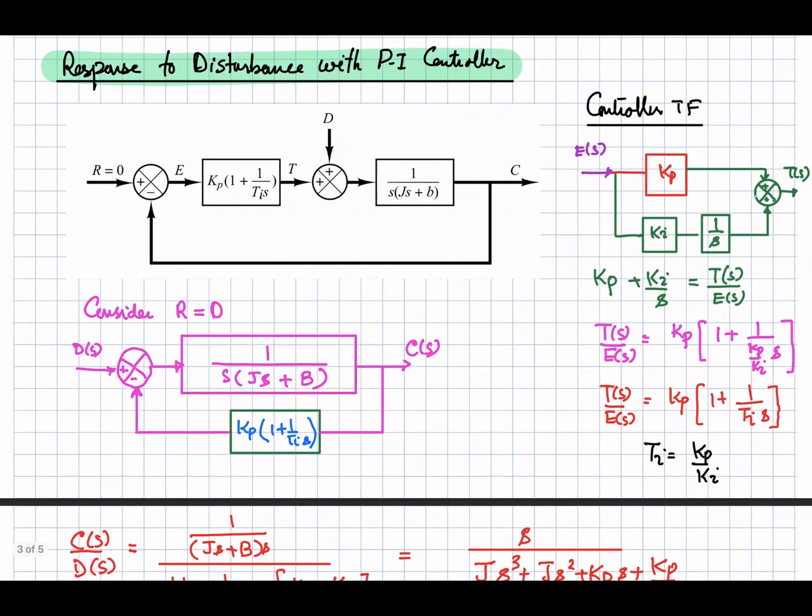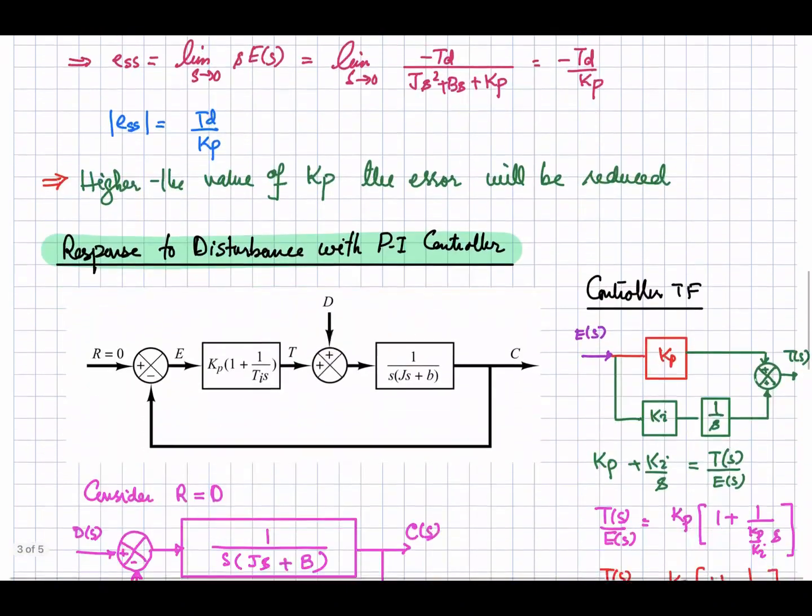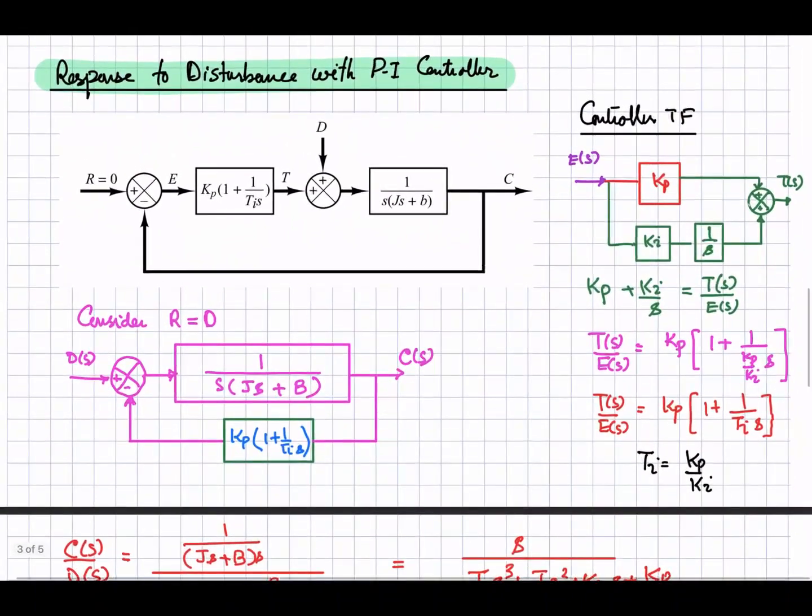Now let's look at the response to the disturbance with the PI controller. In this diagram we were having the KP, simple proportional controller. Now we are going to use a PI controller. So the PI controller diagram is shown over here: your error is multiplied with the proportional gain and is fed to the summer block, and the parallel branch has the gain Ki and the integral action, that is indicated by 1 by S over here, and these two are added up to give you the net response at this point. So this T of S is basically equal to Kp plus Ki by S.